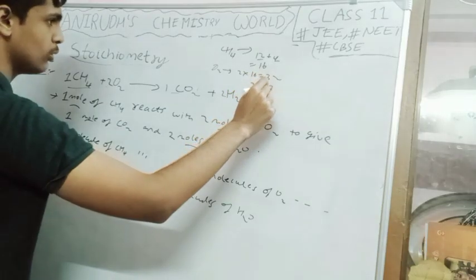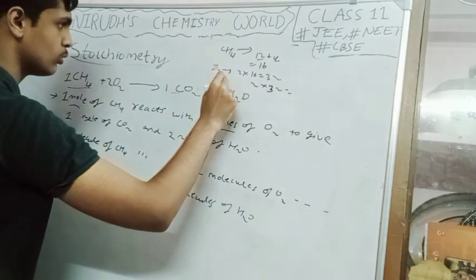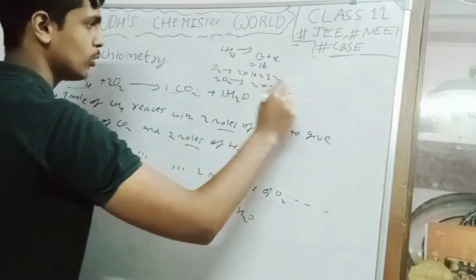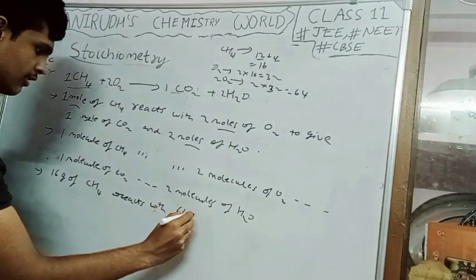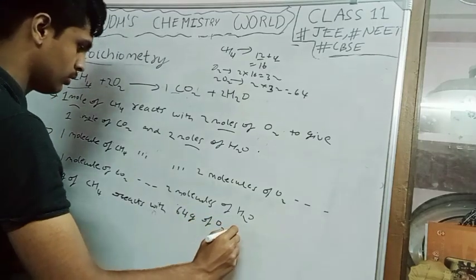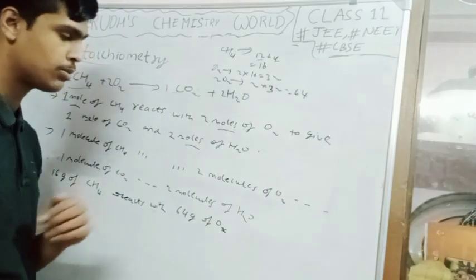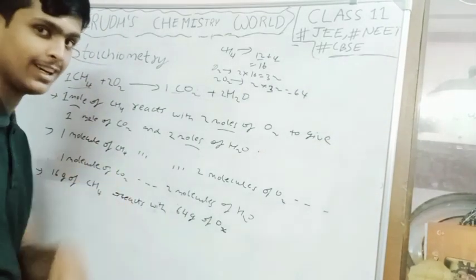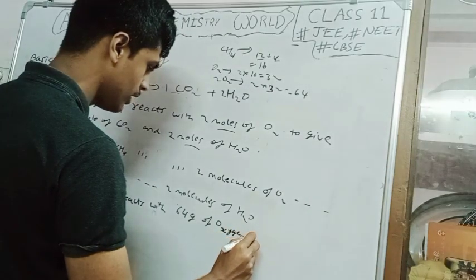We have 2 moles of O2, that is 2 into 32, what's the mass? 2 into 32, 2 sixes are 12, 64 grams. Reacts with 64 grams of oxygen. Okay, I will write oxygen, not O2, because if you write 64 grams of O2, it becomes 128. It's not the correct way. So, oxygen to give